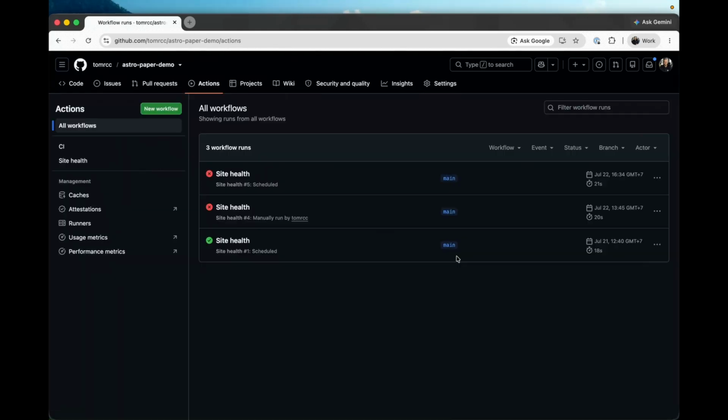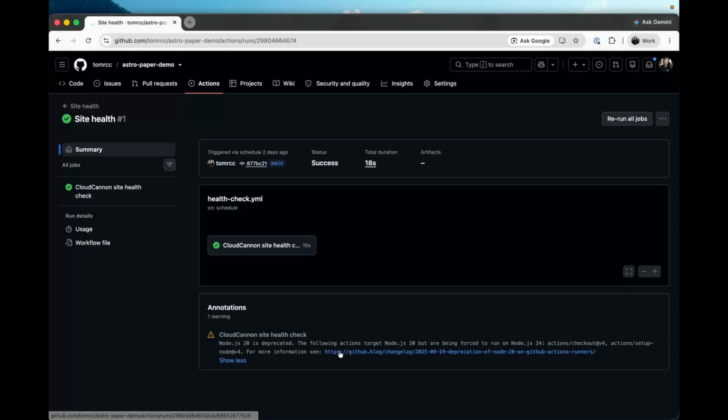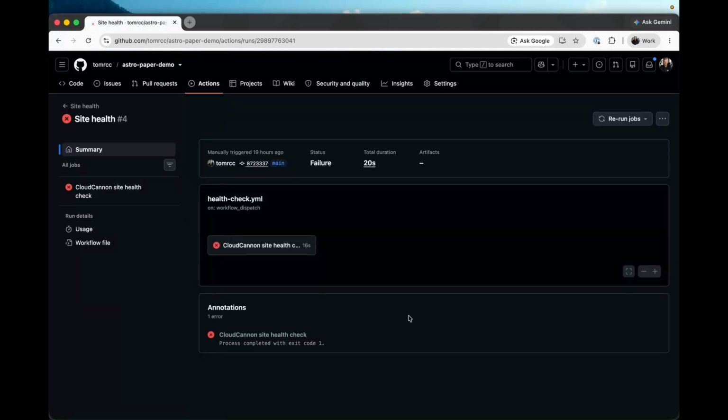Cool, with those set up, our GitHub action should run, and I will check back in and show you when it has. Okay, so it's a couple days later now, and I've had a few runs of this workflow. This first one here ran the same day and passed. I had all the sites in a healthy condition, although I did have a small warning about my GitHub workflow needing to be updated. So I fixed that, updated these to V5. Then the next day I ran a few manual checks, which are useful for testing, and you can run by hitting this run workflow here. I sorted out that warning we had before, and